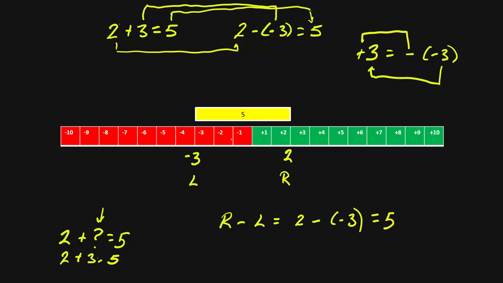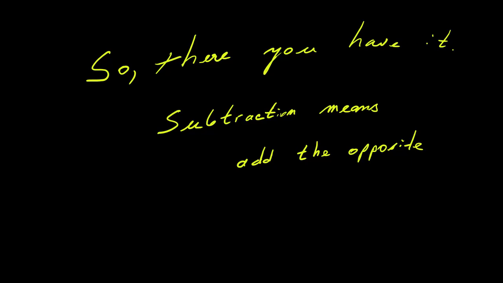And we're pretty much finished with this. So there you have it. Subtraction means add the opposite. A double negative gives you a positive. And that's pretty much it. I only have one thing left to say. You probably know what that is, and that is,